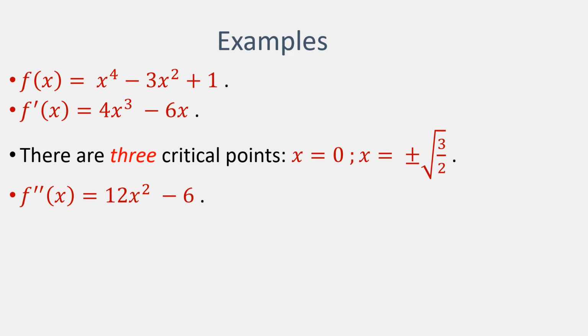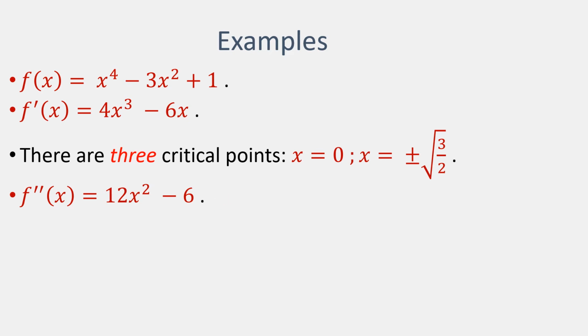We want to determine what the nature of these critical points are. So we have to find the second derivative. So in other words, we differentiate this function. And it's the same sort of process. 3 times 4 gives us 12. We subtract 1 from the cubic term. That gives us 12x squared. The first derivative of minus 6 times x, that's just minus 6. So the second derivative function for our initial function is just 12x squared minus 6.